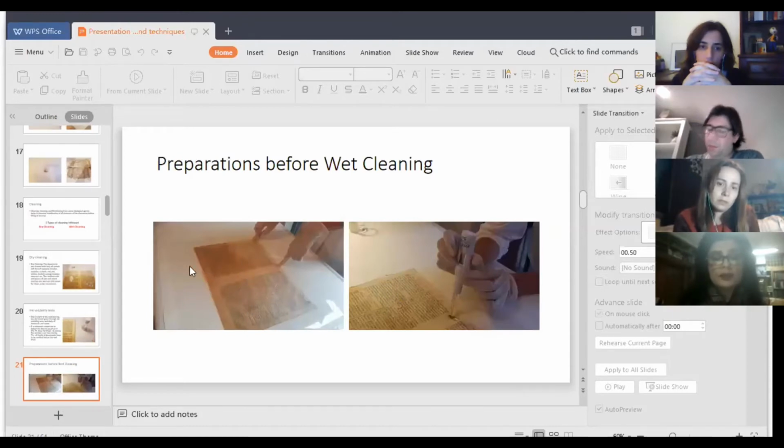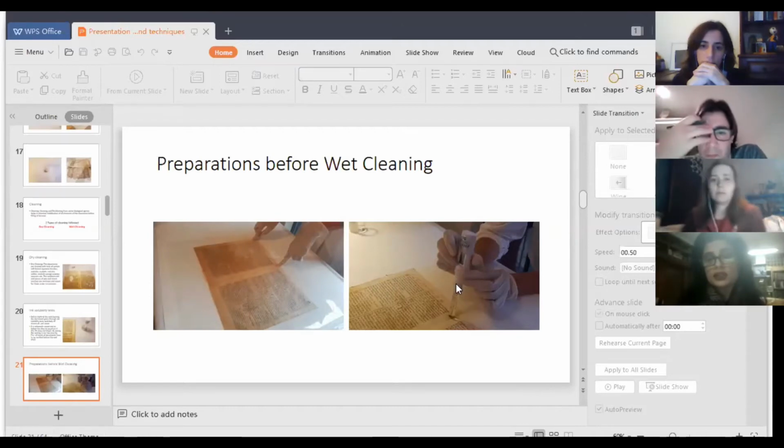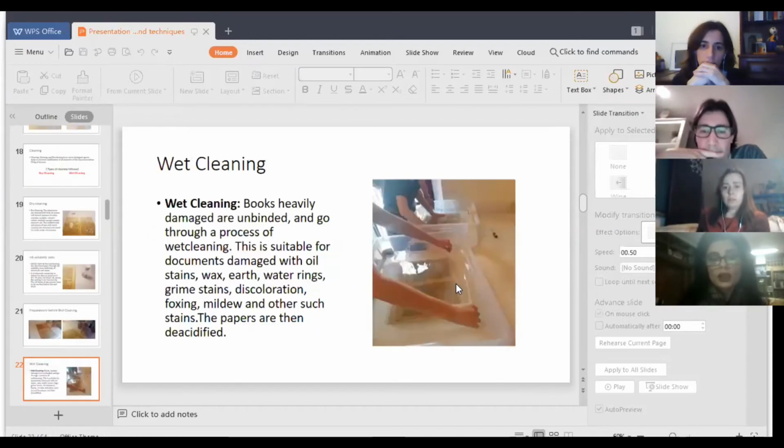This is how we prepare for the pH tests and the solubility tests. The plastic sheet or the Melinex and Mylar sheets are laid on them. The spots are identified on the sheet. No writing is done on the historic document, and only on those spots, if the writing consists of different inks used there, spot treatments are done on all the different letters, only on the corners, and then the pH is tested. The document and the books then go through the process of wet cleaning.